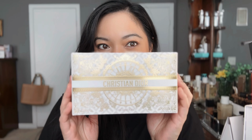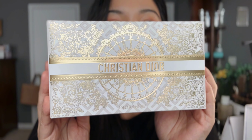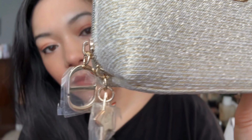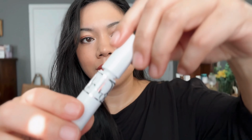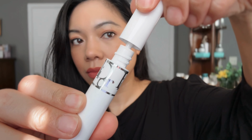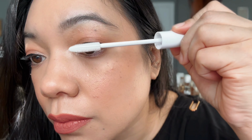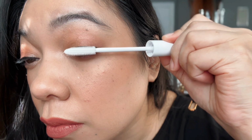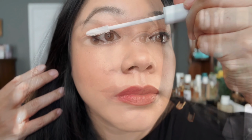Now let's try the Diorshow holiday gift set. I am so excited for this. Look at this box. Look at this pouch. So with this gift set, of course, you're going to get the limited edition pouch. You're also going to get the mascara and lash primer serum. Now, the serum is called the Diorshow Maximizer 4D. And according to the website, and I quote, this is supposed to give you visibly oversized and fortified lashes. Diorshow Maximizer 4D is the Dior Lash Primer Serum that offers volume, length, curl, and definition instantly and for 24